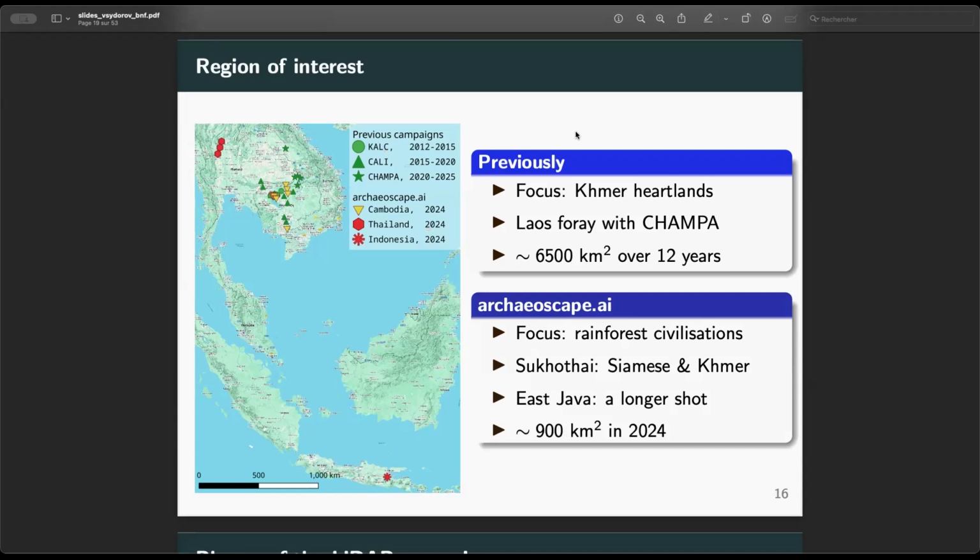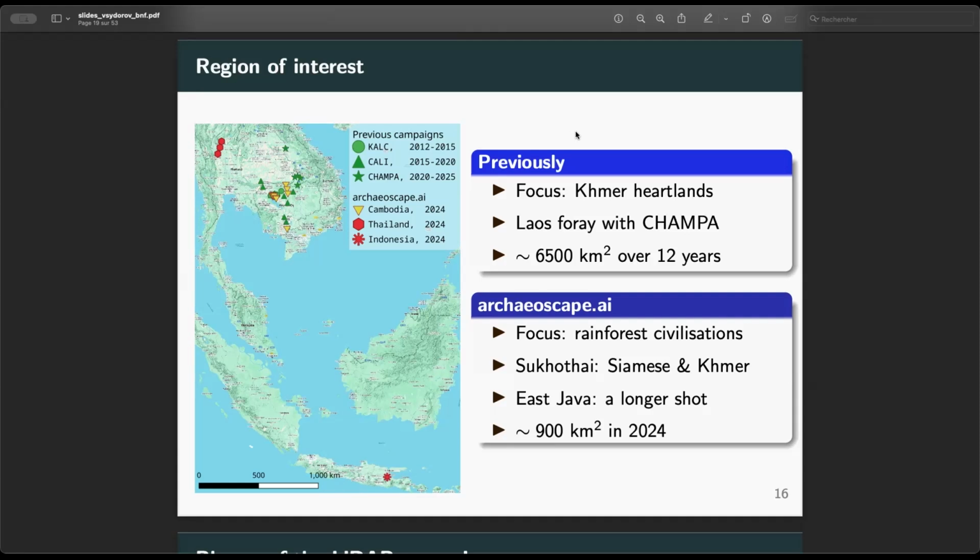We started small, just with the whole of Southeast Asia, and then we had some very unfortunate circumstances which made us limit our acquisitions. In 2024, the ERC came and said you have to finish the project. In April we finally got our money frozen, and we had until September to do anything we wanted to do. This is very, very short on the scale of archaeological acquisitions and LiDAR campaigns. Usually you have to prepare them for at least a year before. Luckily,